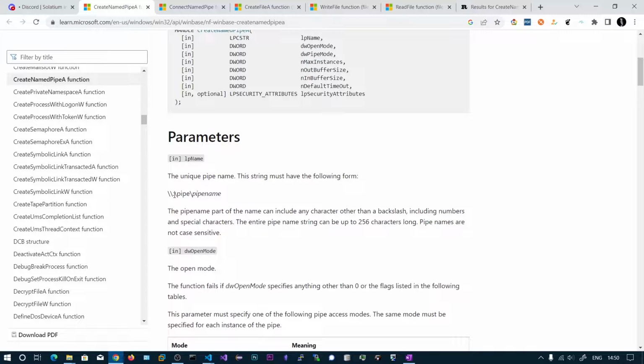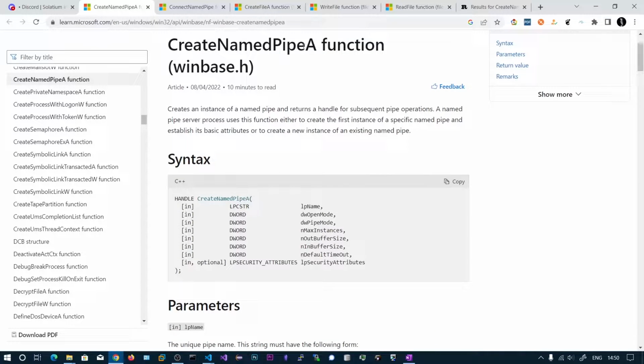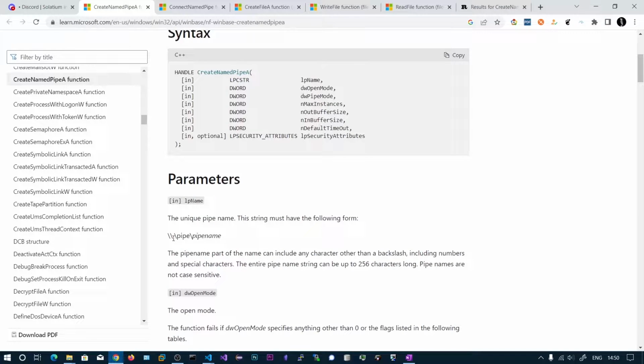It should be on only local computers. The clients can connect to the remote pipes by placing the IP address instead of this dot. So whenever we are using this function CreateNamedPipeA, then the dot only should be there. It will not accept the IP addresses, and then pipe and slash the pipe name,